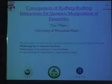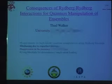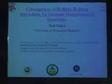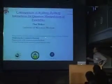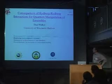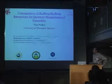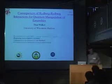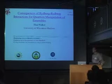Rydberg blockade and things we've thought about and some preliminary experiments on trying to do quantum manipulation with ensembles of atoms. We've heard a lot of these ideas already this morning, and I'm going to review some of the requirements if we want to make high fidelity quantum manipulations, requirements on the Rydberg interactions, and talk about how those interactions show up in various imperfections,